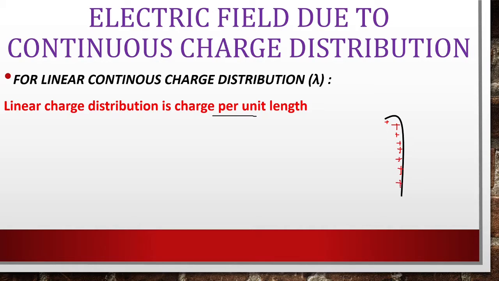like this. Okay, and the total amount of charge present in this conducting wire is considered as Q. Q is the total amount of charge present in this. Now consider a point P outside this wire. Here we are considering a point P. Now we should find the electric field at the point P due to the continuous distribution of the charges in this wire. So how can we find it?